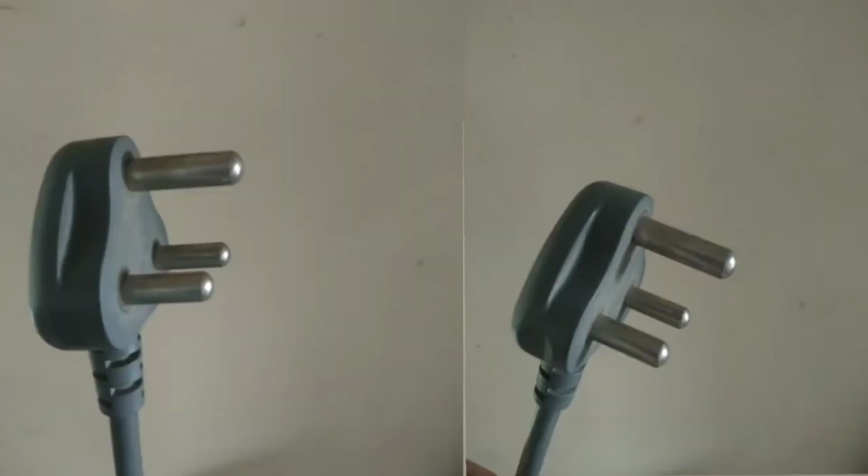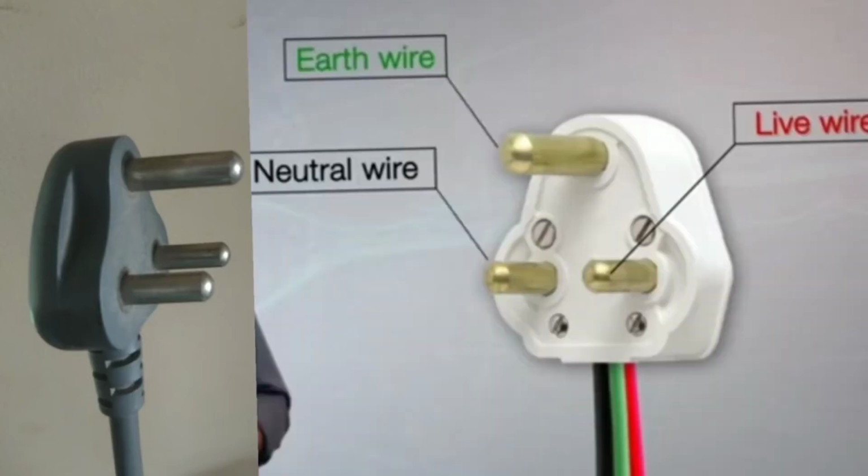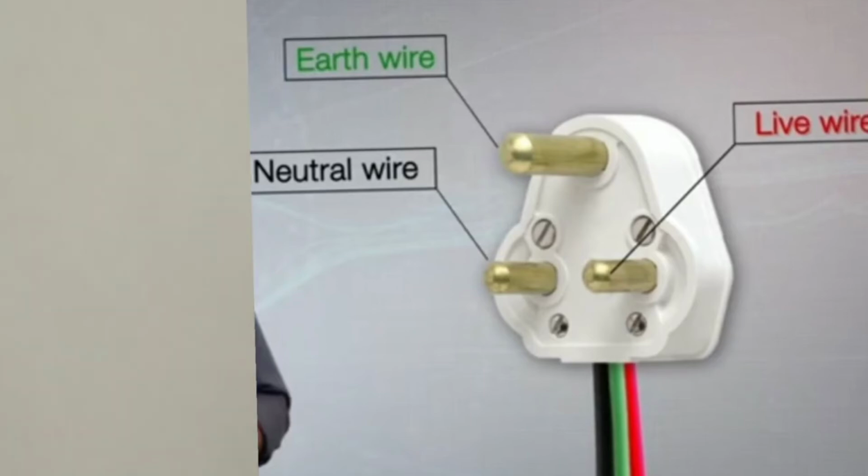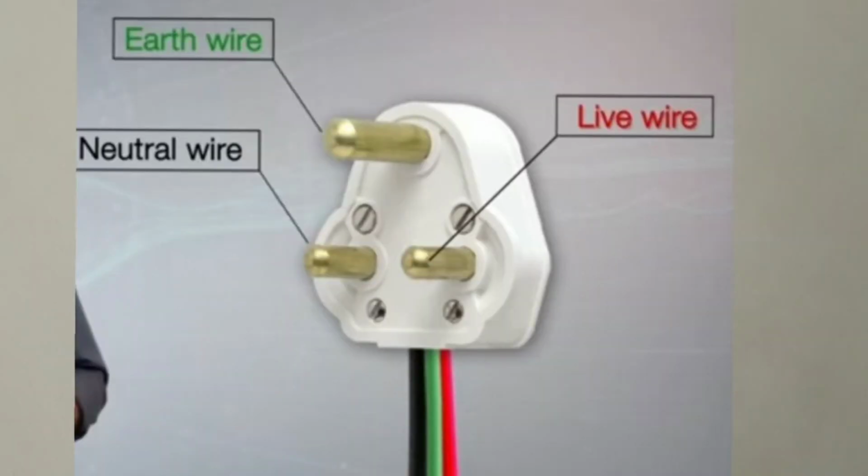Now look at this switch. This switch has 3 pins, right? One is a bit longer and thicker, and this one, which is longer and thicker, is called the ground pin, and the rest of the two are the live and neutral wires. Now what happens with this long and thicker pin is, it is the one pin which connects first and is removed last when we plug into any socket, since it is long and thicker, right?